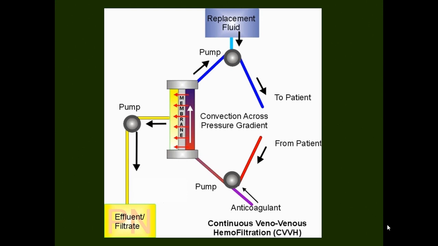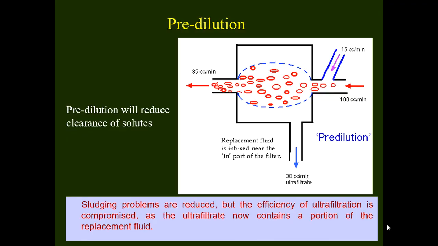And this is why CRRT may be of some benefit, although not proven in studies, compared to your routine SLED or the HD machines. And once this function has taken place, you will have to give some amount of replacement fluid to replenish the volume. So now your replacement fluid can be pre-filter or post-filter. If you are giving pre-filter, what you are basically doing is you are diluting the blood. So there is less clotting of your filter, less sludging, and the problem is that you are decreasing the concentration of the solutes in your blood. So you are decreasing the gradient for filtration.